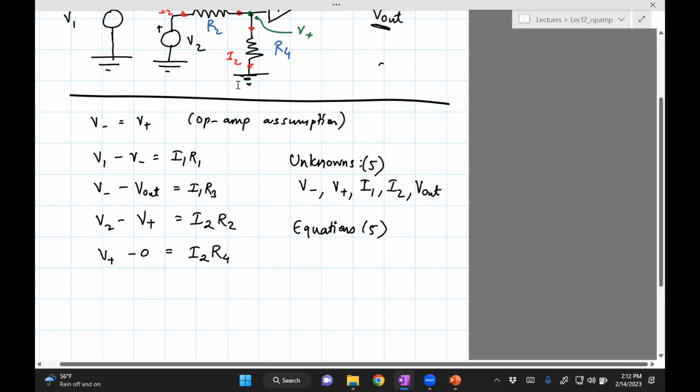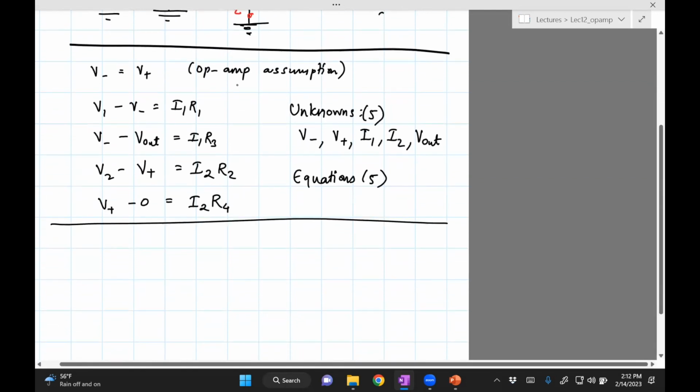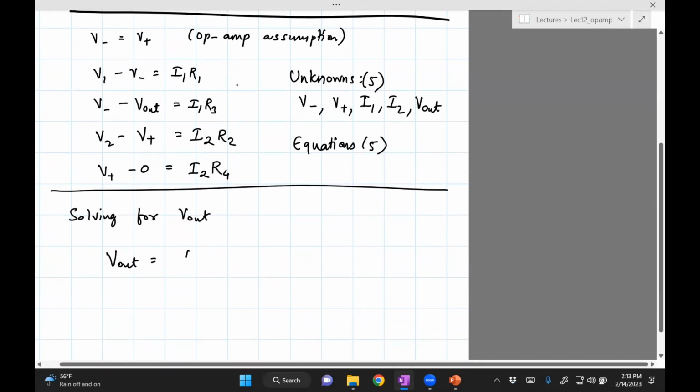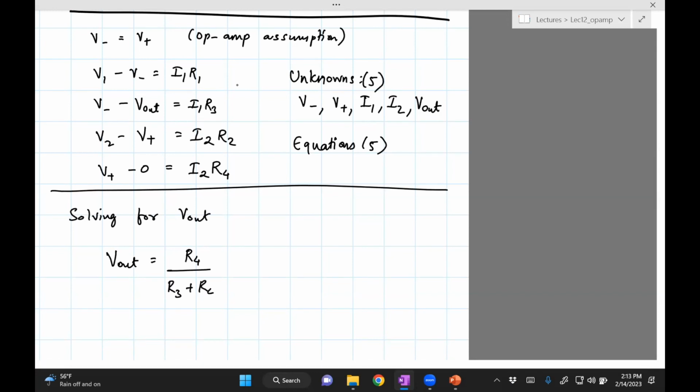I'm just going to write the final expression for Vout as a function of V1, V2, and the resistors. Solving for Vout, we have Vout equals R4 divided by R3 plus R4, times 1 plus R2 divided by R1 times V2 minus